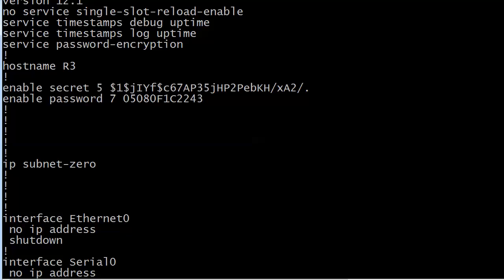This is simply a hash. It's a representation of the password. And I don't think that anybody's going to look at that string and say, oh, okay, that's CCNA. We set the enable secret to CCNA. And the enable password of Cisco is now encrypted. Now you'll notice a couple of numbers there. That's indicating the level of encryption. And you can set those manually